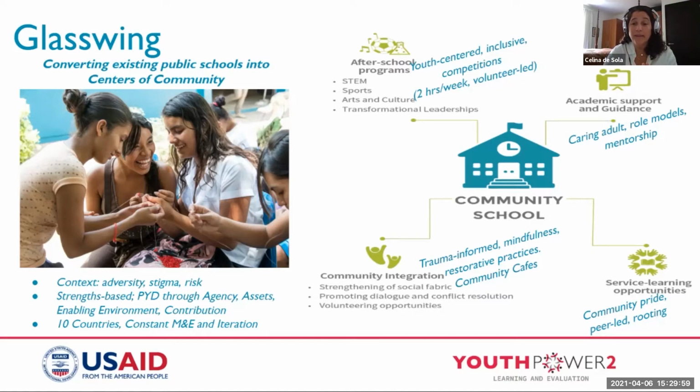I think one of the main things is that partnership, making sure that we're present in communities long-term, that we're committed long-term to these relationships, that we have these cross-sector partnerships, and that we stay committed to learning and very flexible. It's also been really important to conduct constant evaluations, our own and also external independent evaluations, to make sure that we're achieving the outcomes together with the students. And you can see the other two components, which are academic support and service learning, going back to the agency, assets, enabling environment, and the contribution. So I'll leave it at that, because I know we're going to have a longer conversation in a couple minutes.